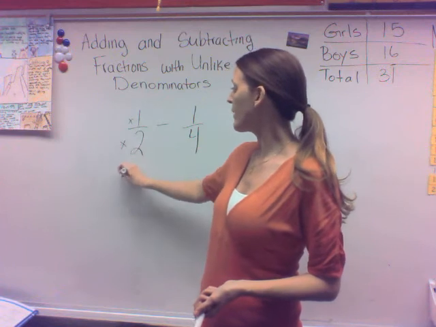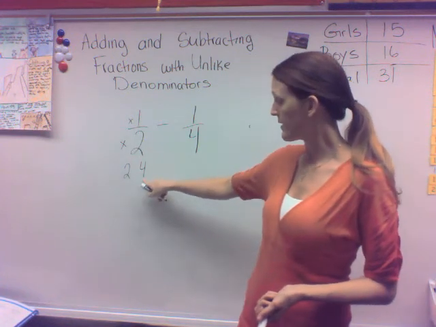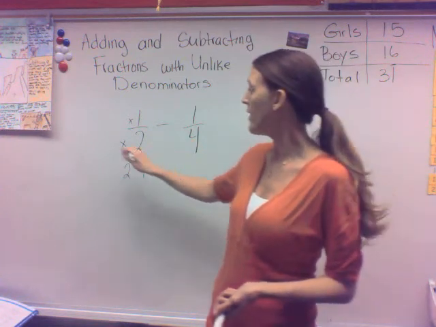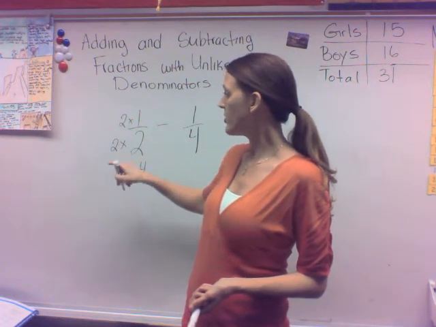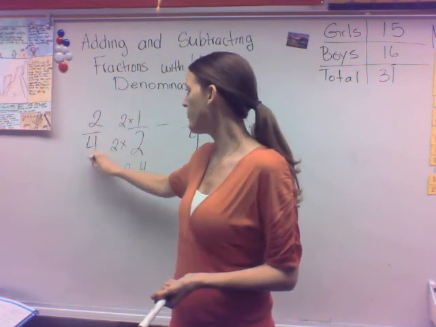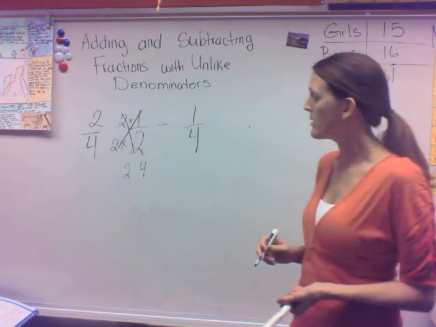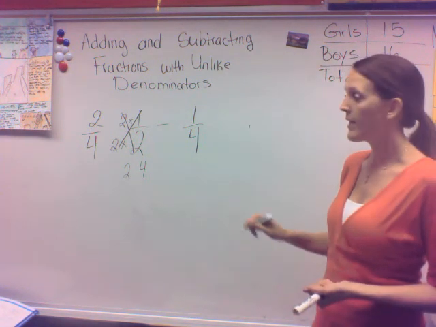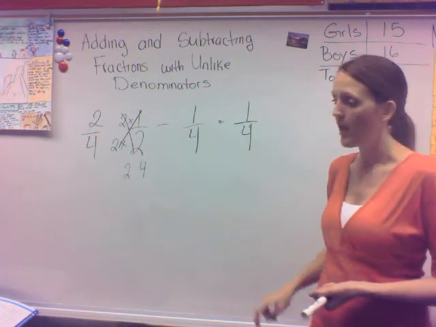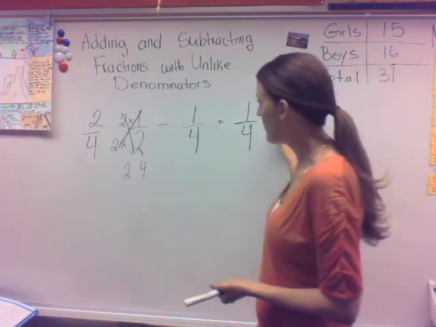So we're going to multiply. We're going to go 2, 4 to find my least common multiple, which is 4, which means I don't have to do anything to my 1/4. For the 1/2, it's times 2 and times 2. So if I do it to the bottom, I do it to the top, and I end up with 2/4. I'm no longer using these numbers, so I have 2/4 minus 1/4 equals 1/4. I'm going to do one more example,